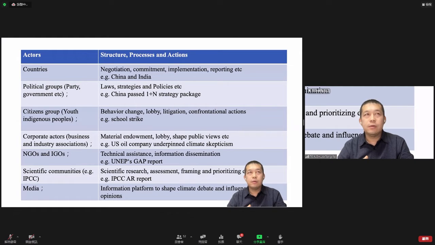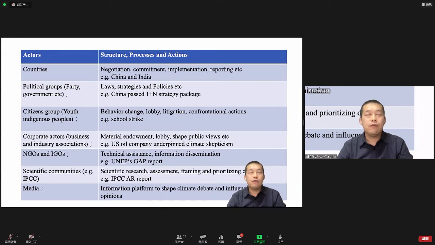And those political groups, and especially the government, are the most important actors in the governance structure because they can have huge influence on the target setting and also on the whole governance issues. And they can act through passing laws, through adopting strategies, or through issuing policies